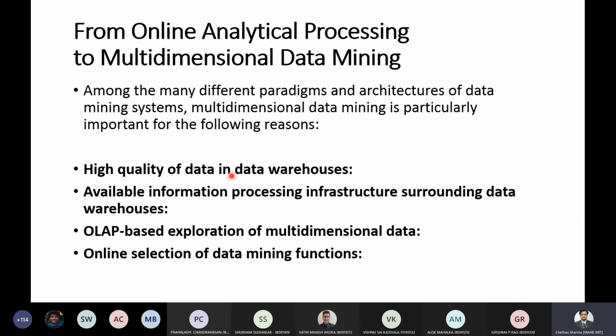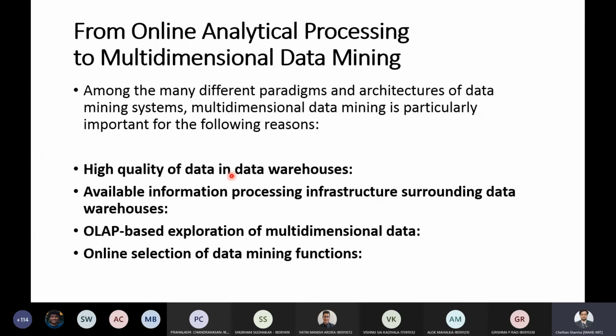As you know, the data warehouse is constructed by following all the pre-processing steps, like data integration, consistency, data cleaning, etc. So the data warehouse consists of data on which you have already performed all these pre-processing steps.